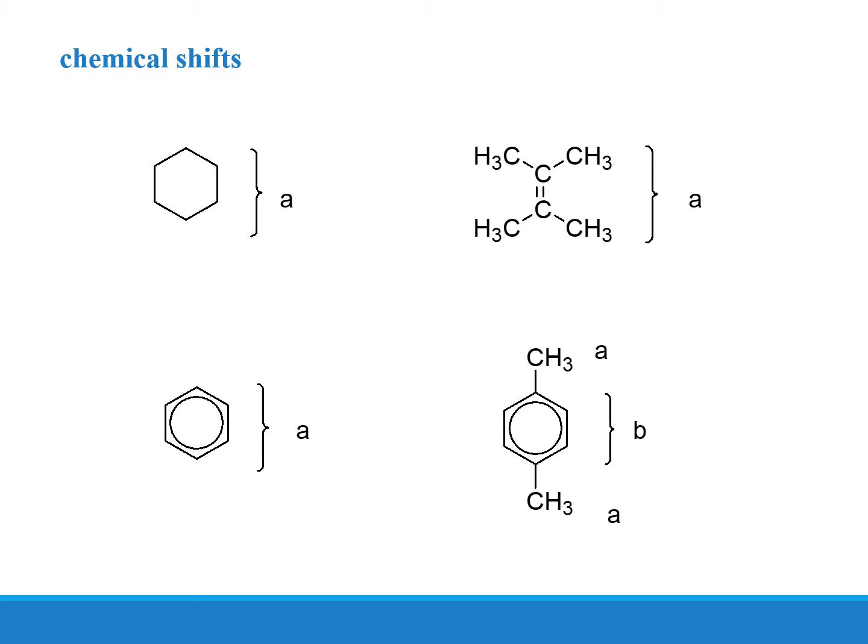So these are the answers for the first slide. This we described a little bit earlier. Like I said, for benzene and cyclohexane, we have the same environment for all hydrogens, and we will have a single peak in NMR. That's also true for 2,3-dimethylbutene, because each of the hydrogens is 2 bonds away